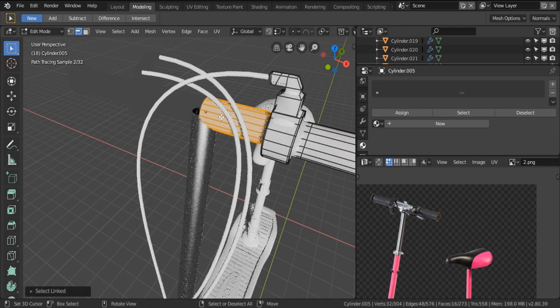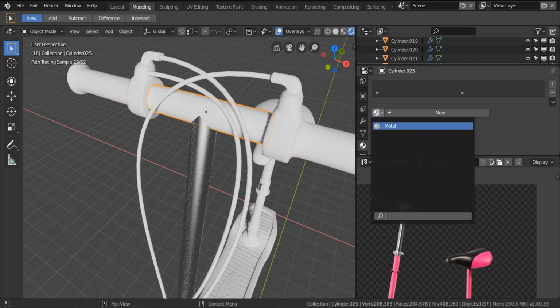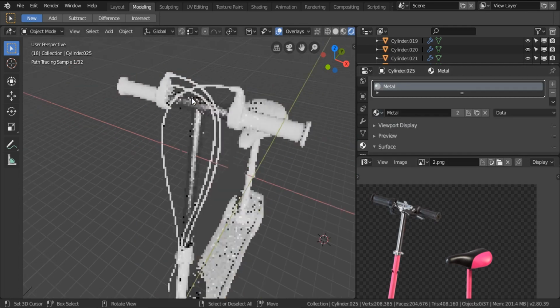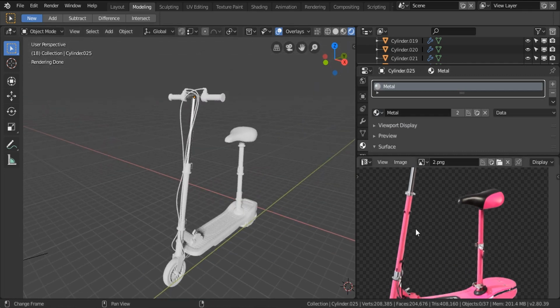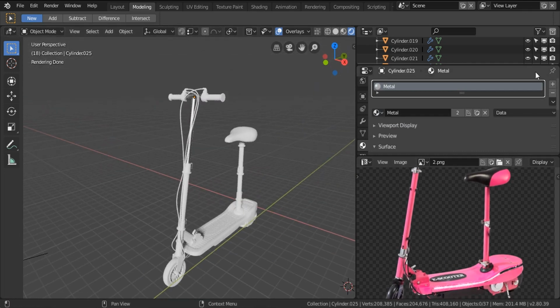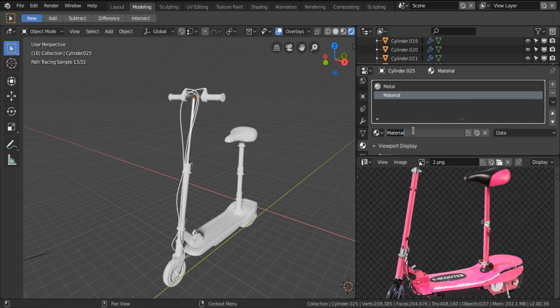Can only be selecting this part, and let's add, or you know what, let's separate it first. Gonna separate it, and I'm gonna assign it to that material. Okay, so what do we have else? We have this pinky color, so I'm gonna add a new color. I'm gonna call it